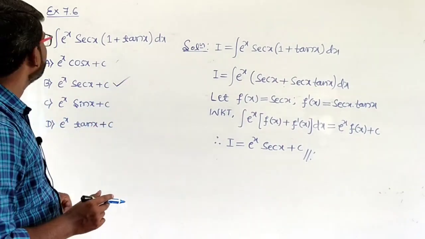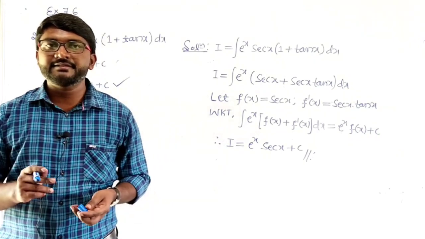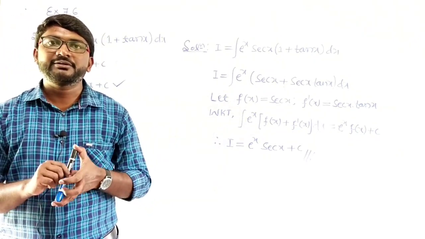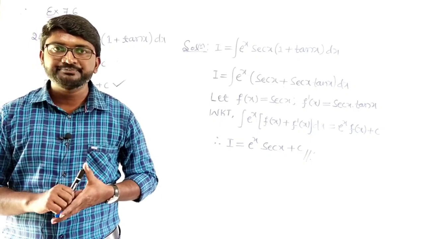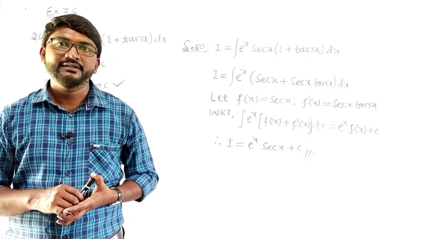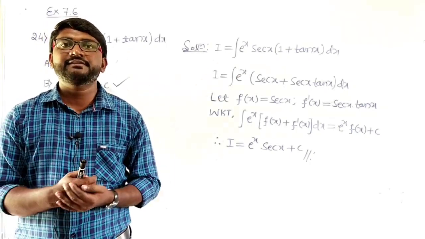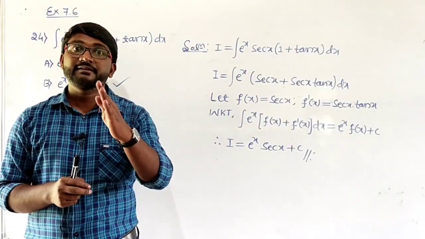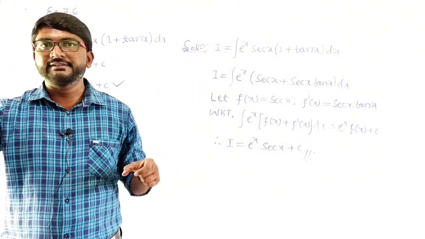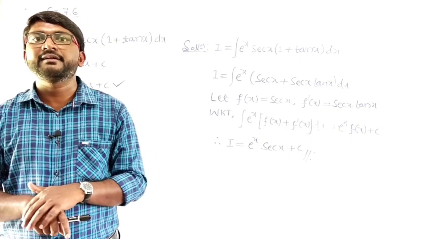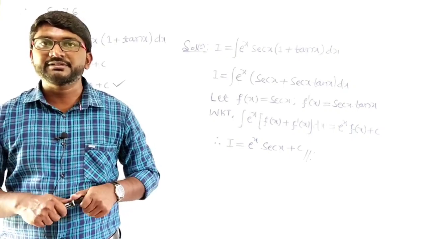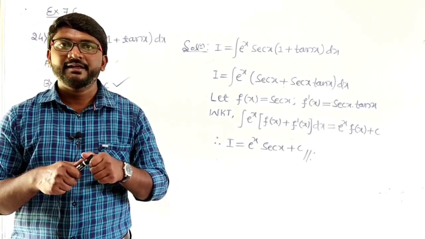So with this we have completed the exercise 7.6. In tomorrow's class we are going to start with exercise 7.7, and in that we have 3 standard derivations. And earlier we have discussed 6 standard results in the exercise 7.4 introduction. Those 6 and these 3, 6 plus 3 overall 9, out of 9 derivations, you will get any one question for your annual exam for 5 marks.